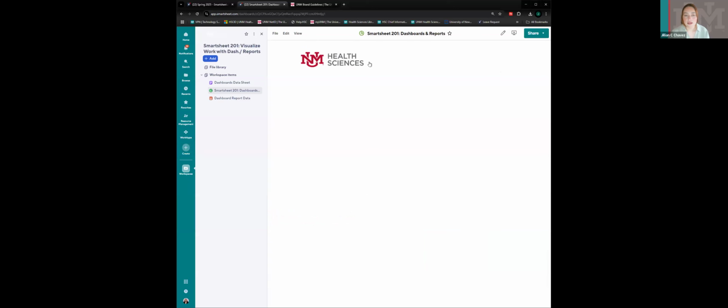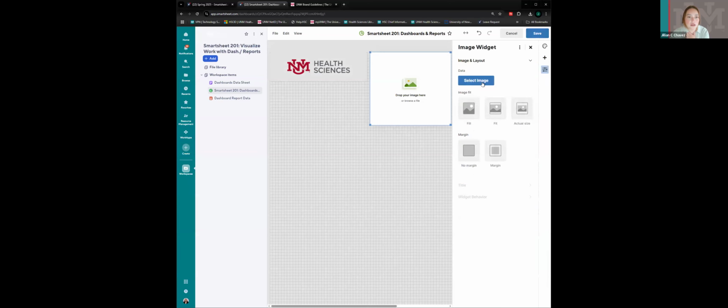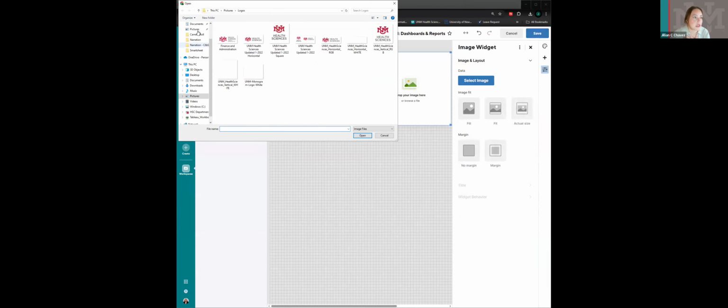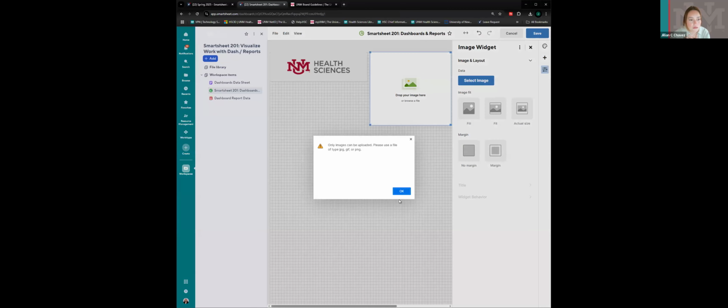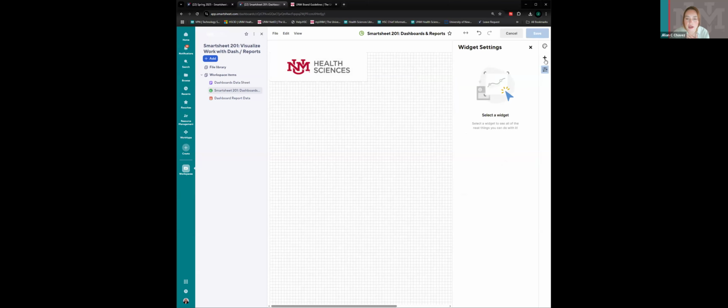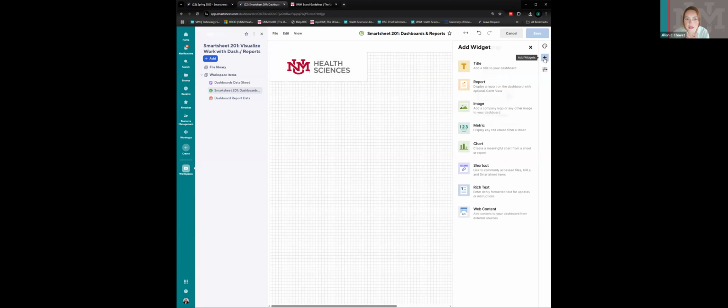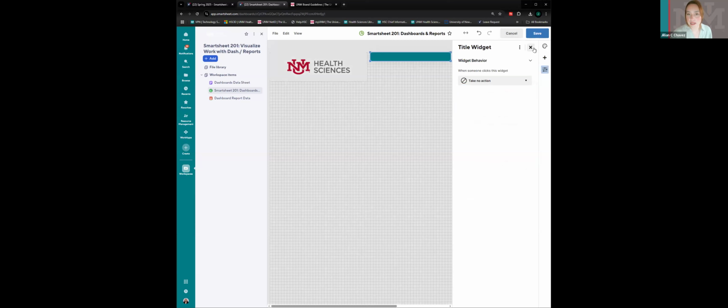All right, so that's the image widget. Pretty straightforward. You can use it for other decorative images too. So maybe I want to put something like, I don't know, we have a nice little... Oh, only image. Oh shoot, I didn't pay attention to that whenever I was trying to upload that. I don't know if I have another decorative image that I could put in right now, but we'll go back to images if necessary. Okay, so I'm going to go ahead and add a title,